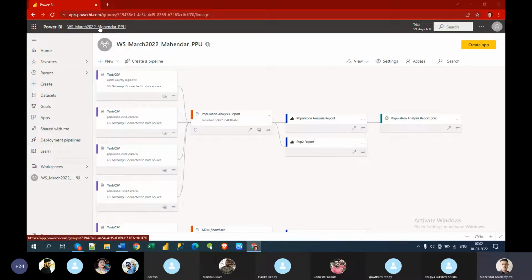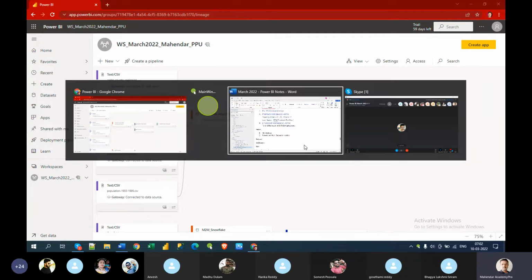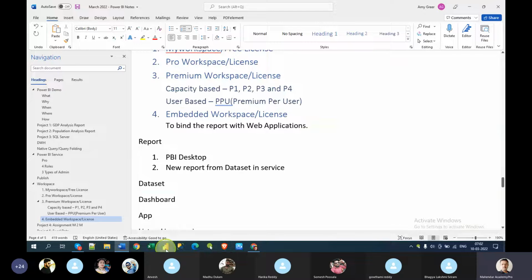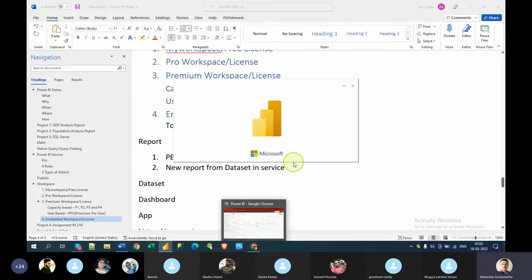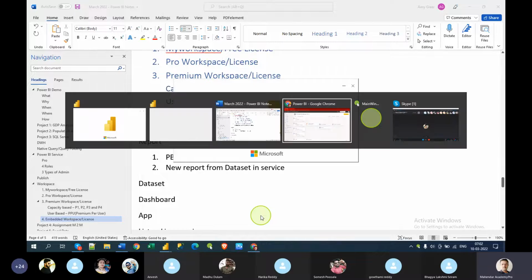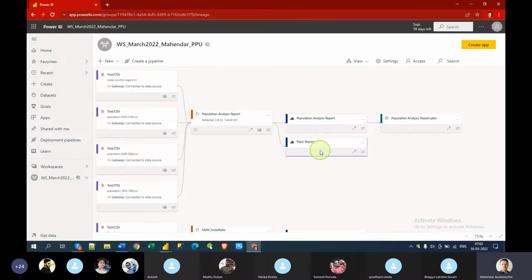So a report can be created two ways. One is in Power BI Desktop, in this tool. The other one is in the Power BI service, like this. But there is one more way. We will discuss that later.